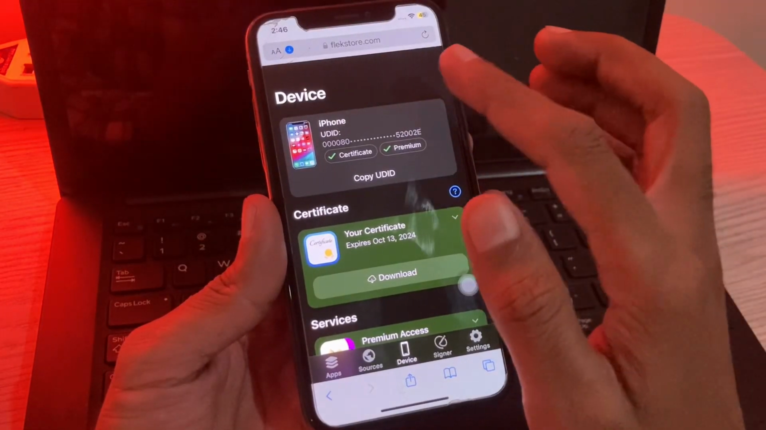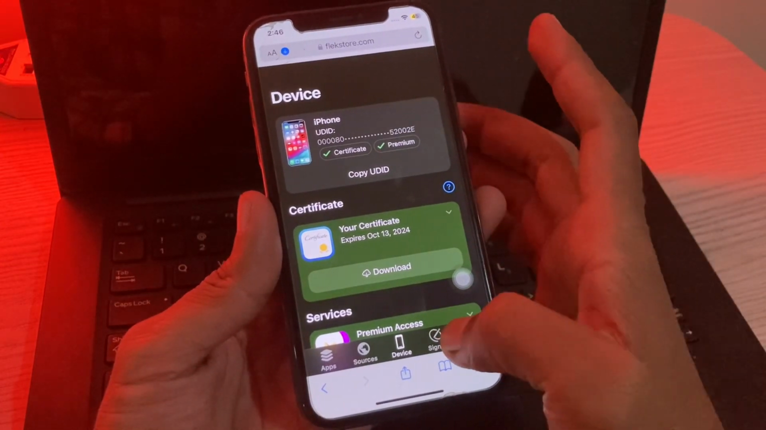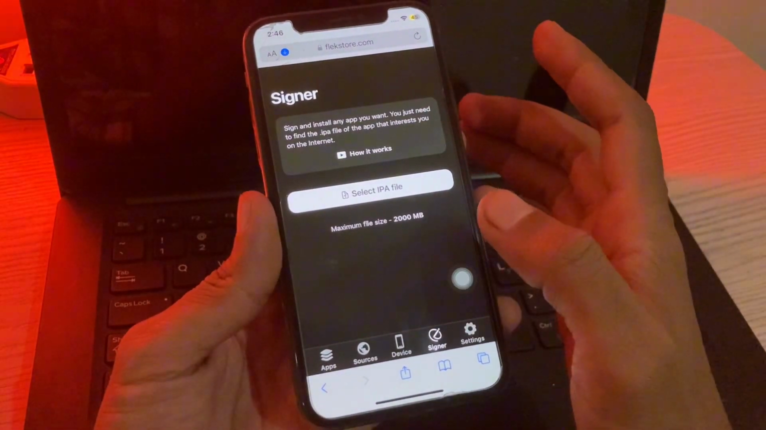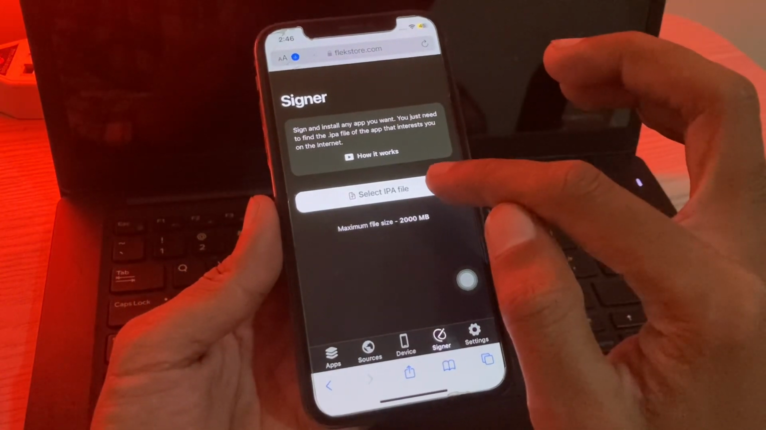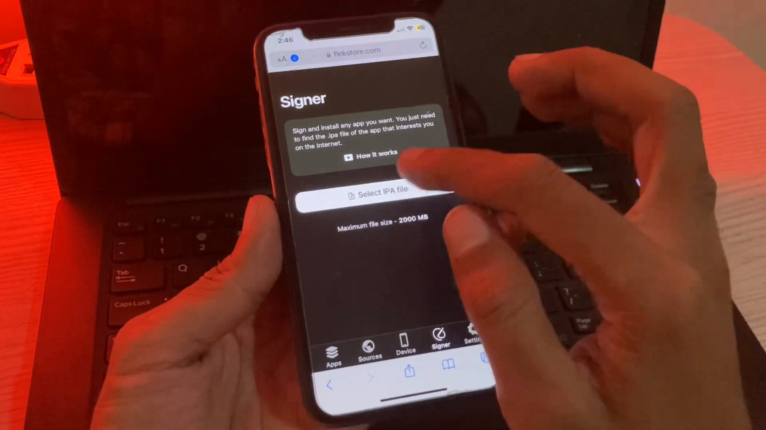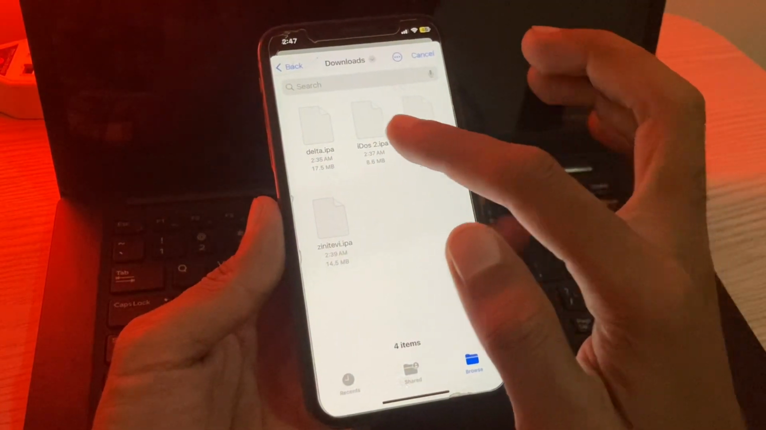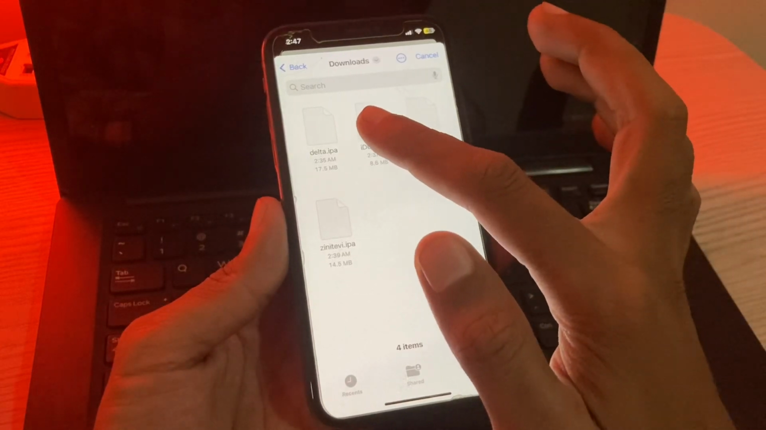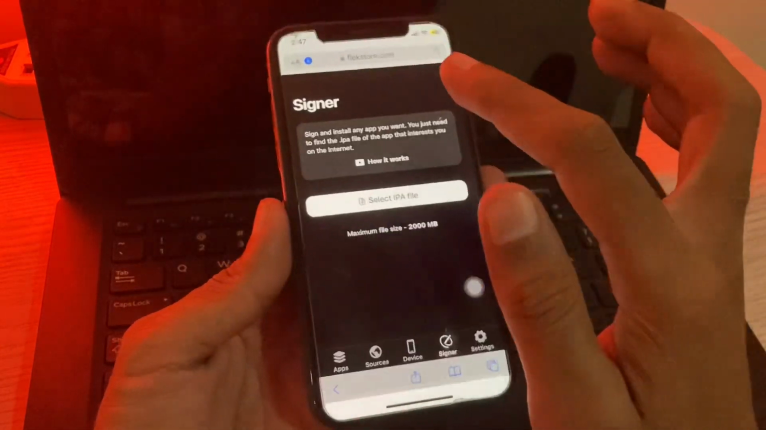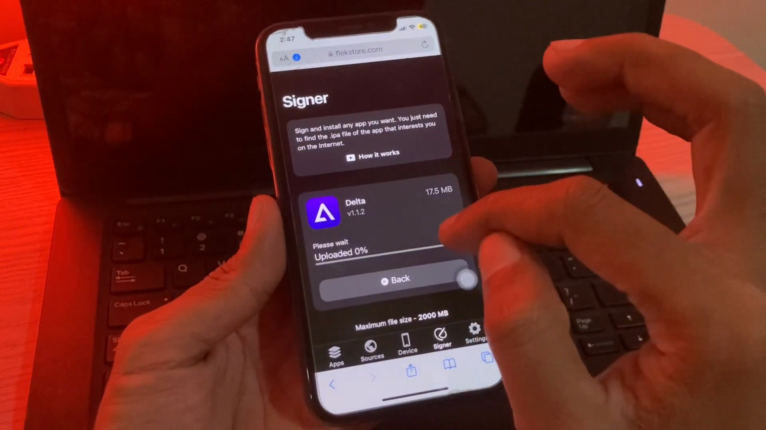Once you have made the account successfully, simply go to this signer. Now here you will see the option to select IPA file. If you have downloaded an IPA file on your iPhone, you can click on select, click on choose file. As you can see, I have already downloaded the IPA file. To install the IPA file, simply select the IPA file that you want to install. Then click on sign app